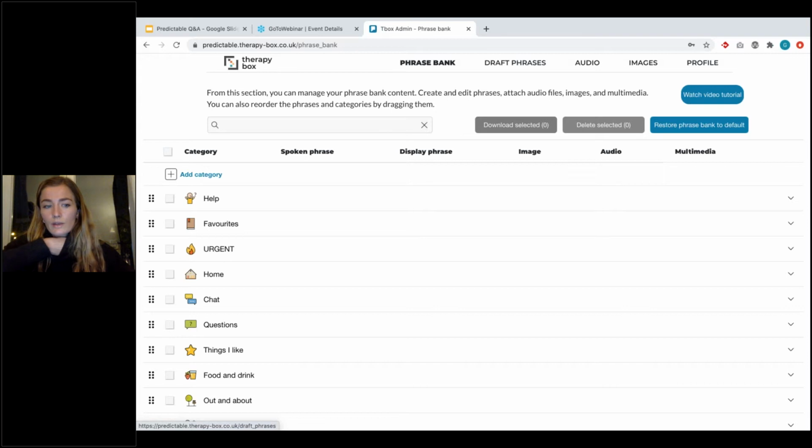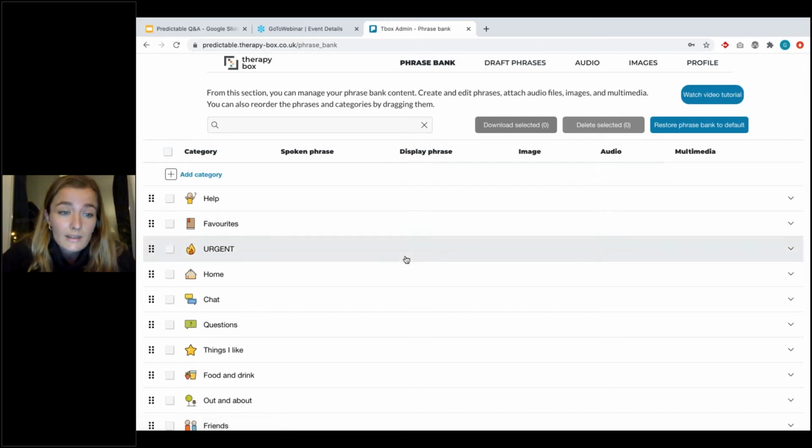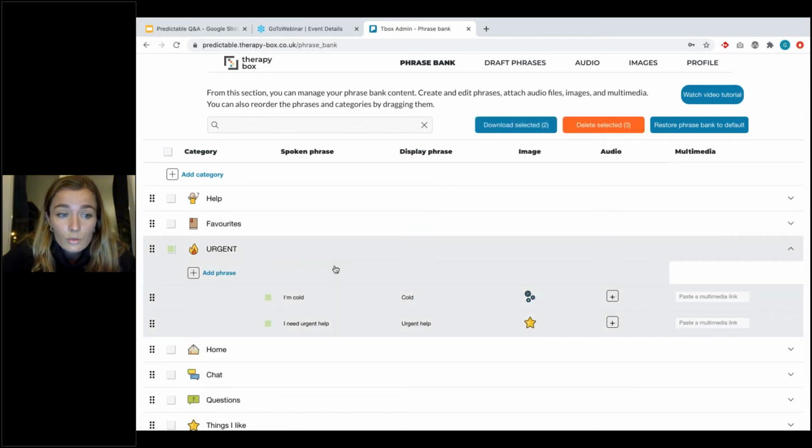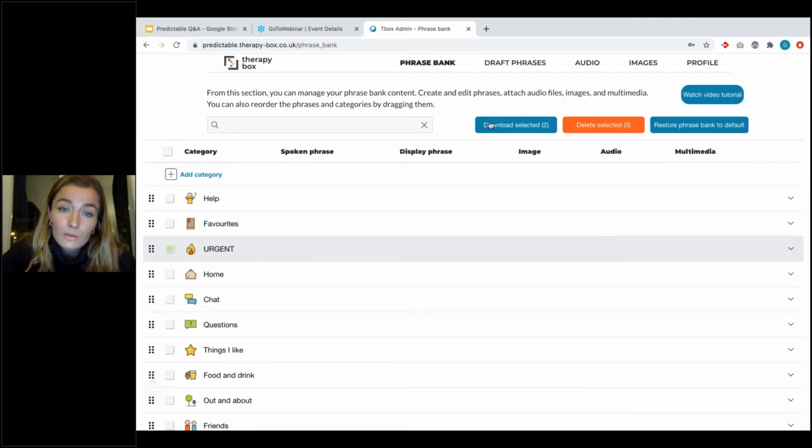Something that you can also do, if you're a speech and language therapist, for instance, so you created this category called urgent, and you want your two patients to have this urgent phrase on their Predictable account. So I'm going to download this new category.